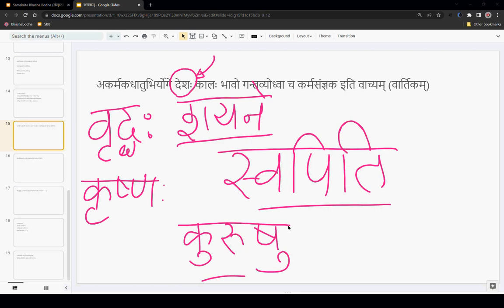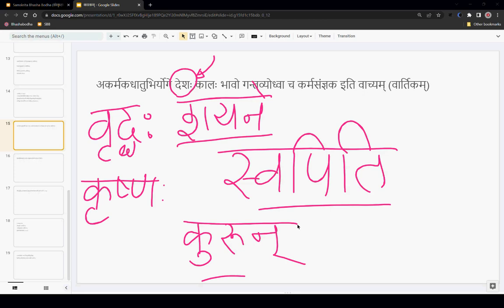Krishna Kurushu Swapiti, like this. He is just going and sleeping for a few days, one day, one night, or one week, whatever. Just visiting them and sleeping, that's fine. Krishna Kurushu Swapiti, like this. But there is an alternate usage for this called Kurun Swapiti. Bahuvachanam only, because it is Janangam. Then Kurun